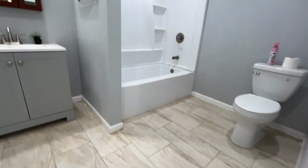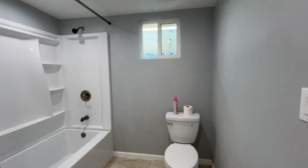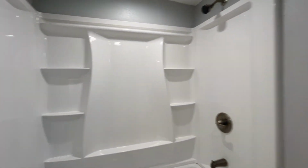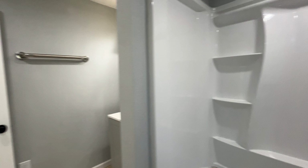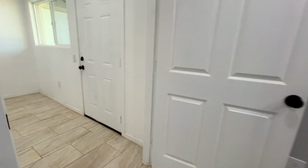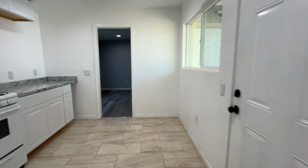And then through, we'll head into the bathroom. Really good sized bathroom. Brand new enclosure here. Vanity. And then coming back through